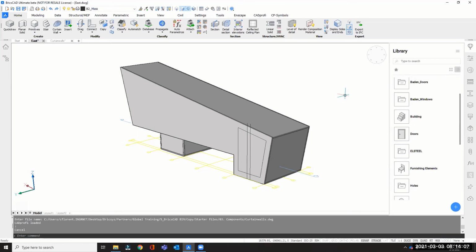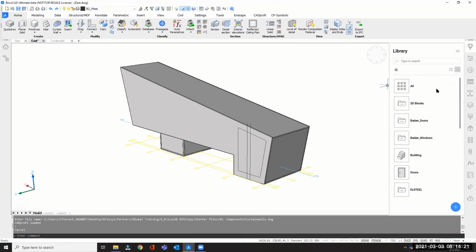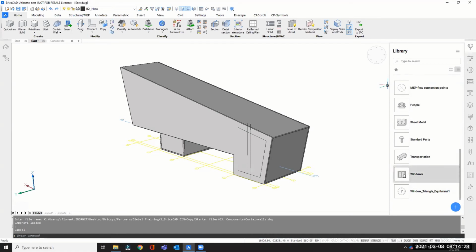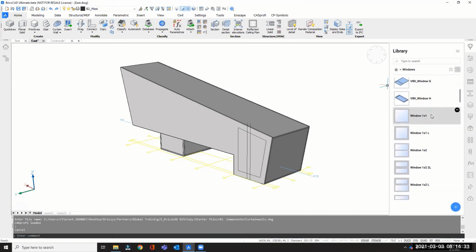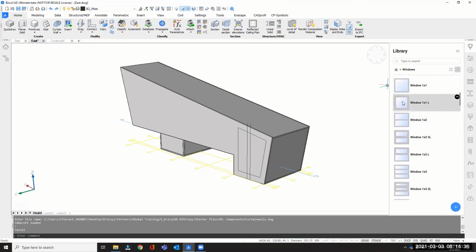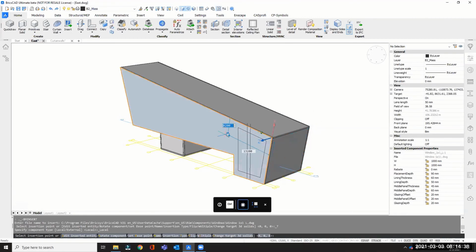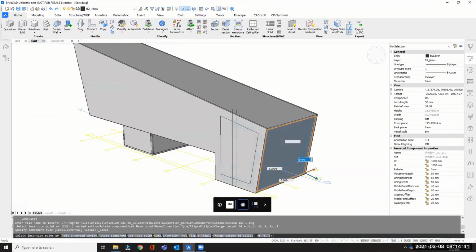So the very first command that we'll be going through today will be on page 28 of your training guides. It's called BIM insert. So when you go to the components library, you would find the folders. Once you get into each of these folders, let's say, for example, let's go to just a window here. There's a window folder. Go inside, just click once, you'd see a lot of the components already there. You can click on one, just left click, and you should be able to click that and insert it accordingly